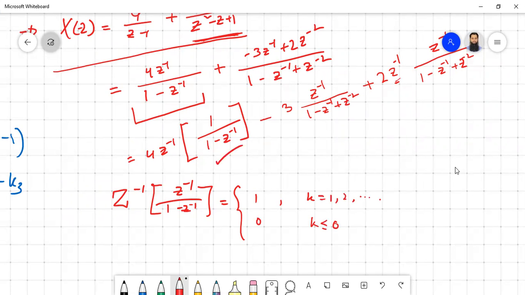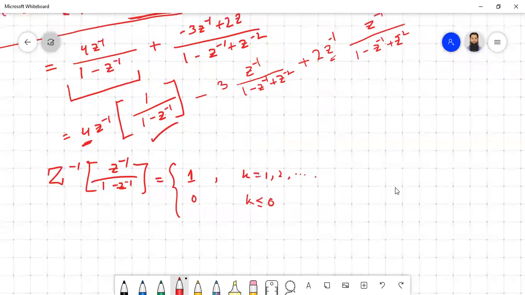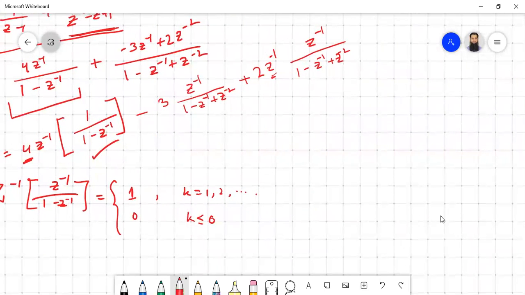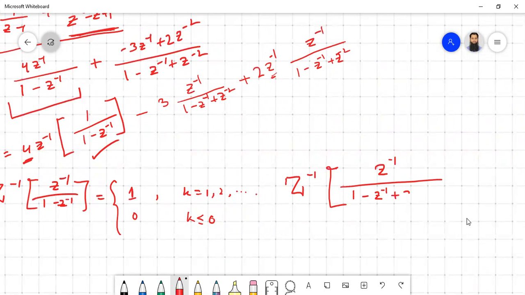Now second parameter, and also since our result is 1 and we have a coefficient 4, so to multiply with that, the result will be 4. And the second and the third actually have a common parameter. So we can just take that common parameter and take the z inverse of that one. That is z inverse over 1 minus z inverse plus z to the power minus 2. Now we have to compare this with z inverse. The closest thing that we find is basically